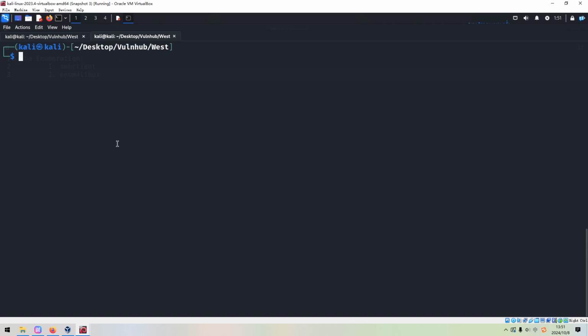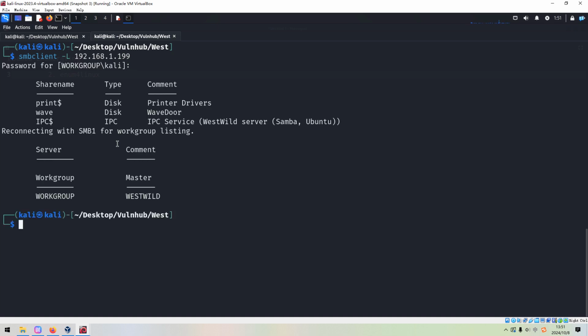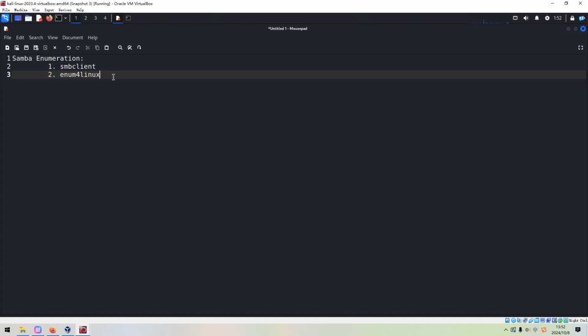And so we can launch smbclient. Then provide my password. As you can see over here, there is one share which can be enumerated. Okay, so we can note down such information.